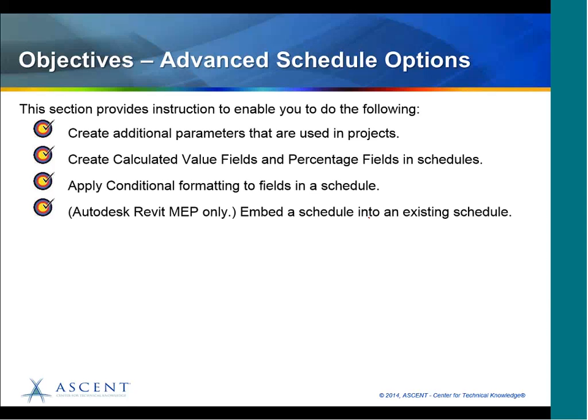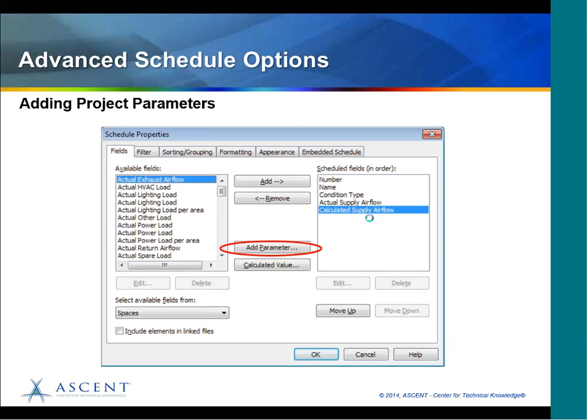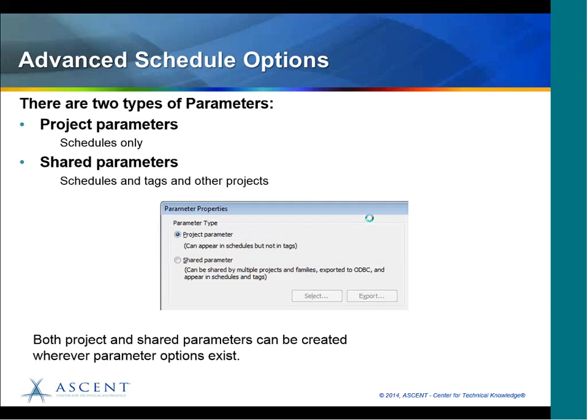And I'm going to do them in individual portions and then come in and do a demo so we don't go too far ahead of what we're doing. So first of all, let's just talk about how to add project parameters. When you are in the Schedule Properties dialog box and you need to add a parameter, you click this button, Add Parameter. And in it, it's a dialog box, and this is the top of that dialog box, that shows